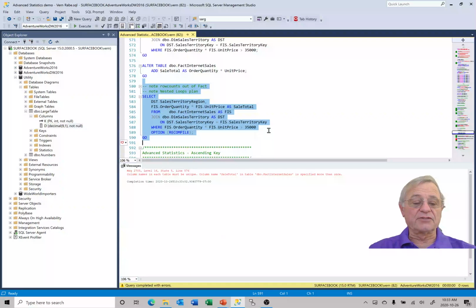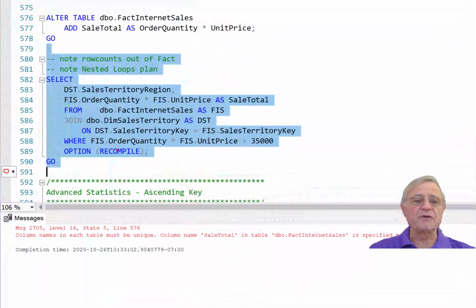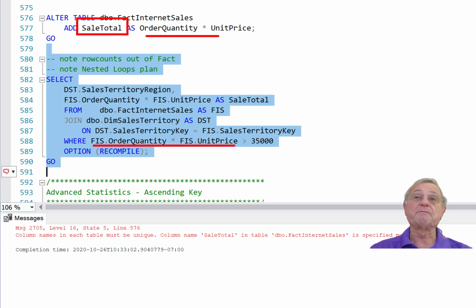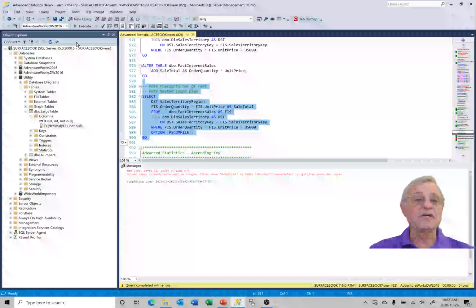And now, when I execute this exact same query, notice that I am not specifying the new column, I'm not specifying this sales total column. I'm specifying that same calculation that I did up above, but because that calculation matches the definition of that computed column, it will say, wait a second, I've got a computed column here. Let's put some statistics on that computed column. Remember, statistics are small. And then use those statistics to come up with an idea. So when I execute this,